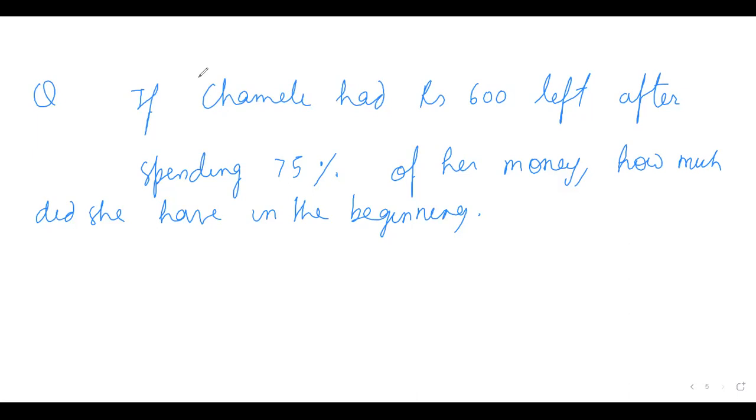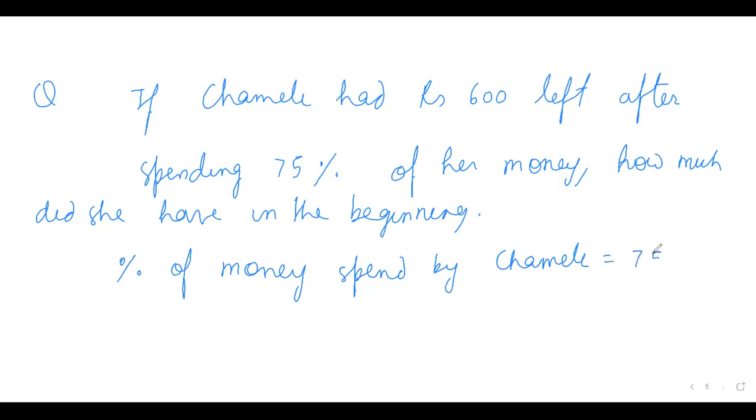I know where you went wrong. Chameli has spent 75% of her money and she is left with 600 rupees. So if she has spent 75% of her money, then what is the percentage of money left with her? There you went wrong. So how to solve it? Percentage of money spent by Chameli